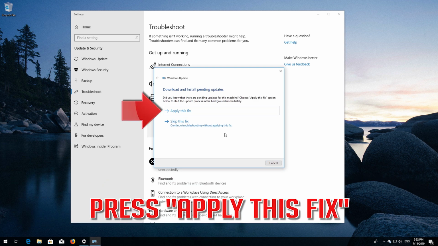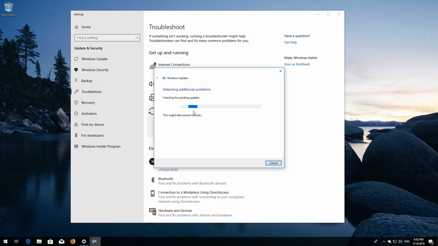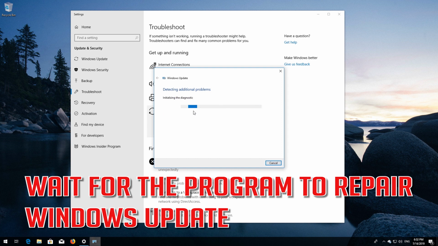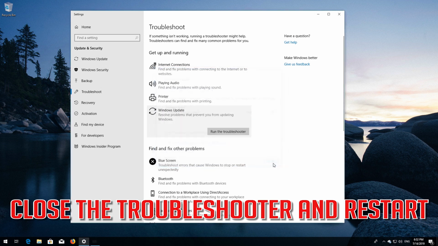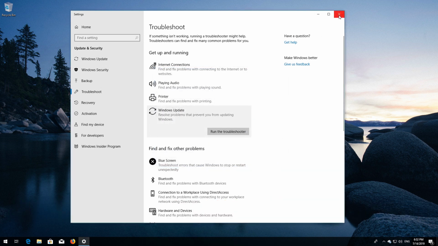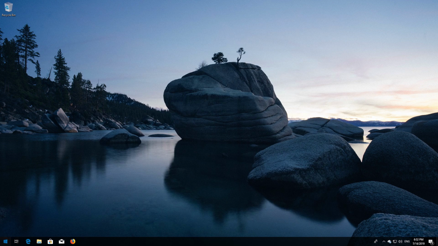Press Apply this fix. Wait for the program to repair Windows Update. Close the troubleshooter and restart. If that didn't work,